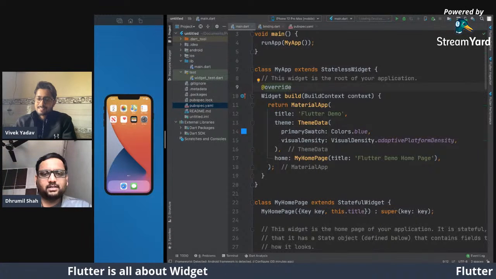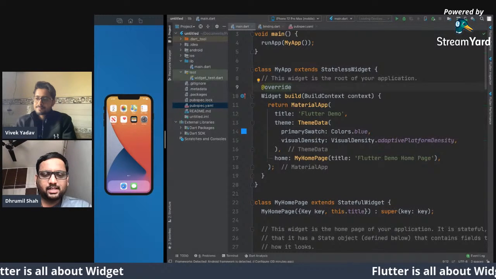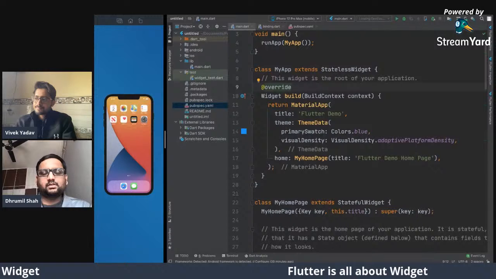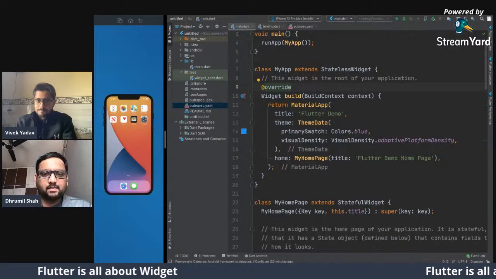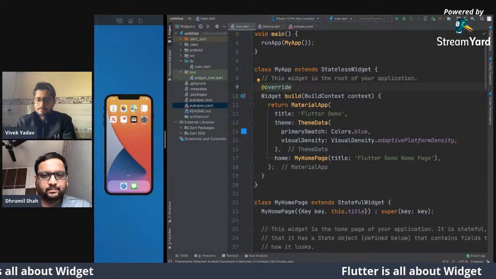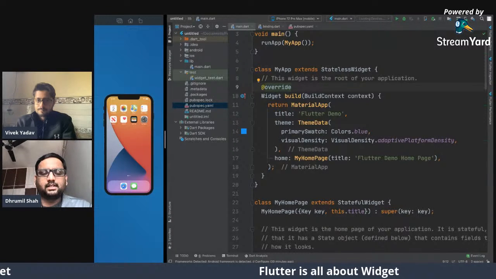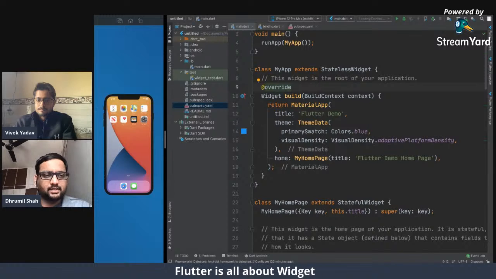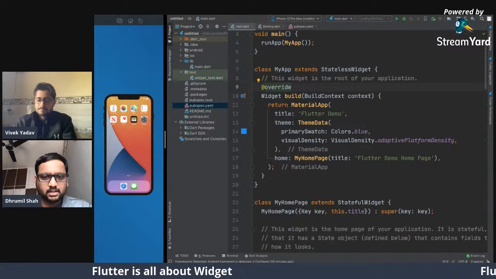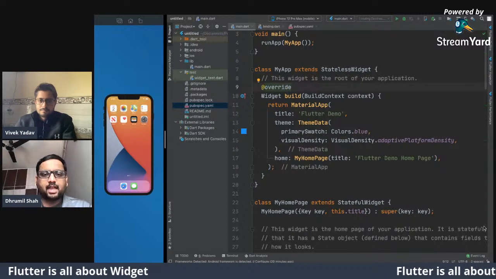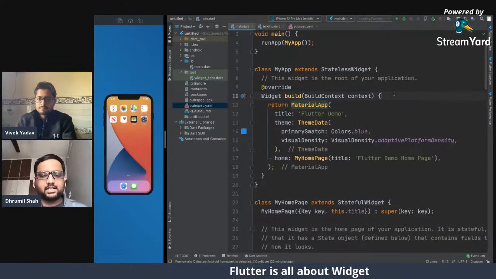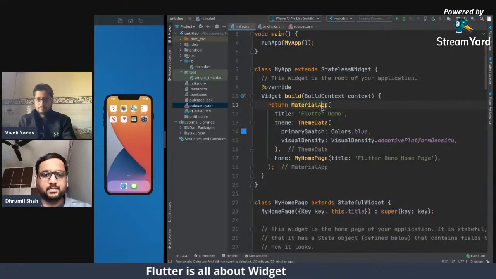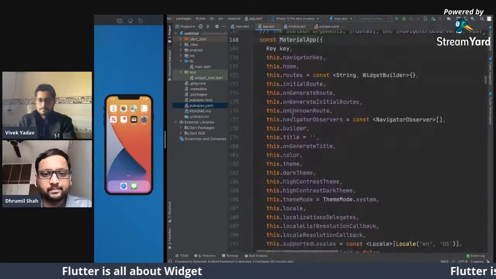And if we talk about the context of my application, right now there is no parent widget. So it is the first widget, which is MyApp. The context of that MyApp is being passed to the build method. And in the build method, it is written with MaterialApp, which is again a ready-made widget provided by Flutter. And that MaterialApp has multiple parameters, but we are using 3 parameters, which are the title, theme,